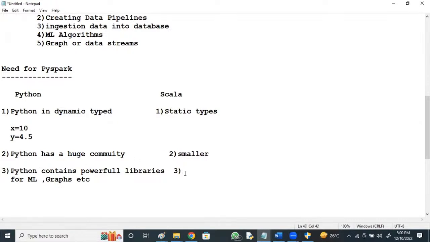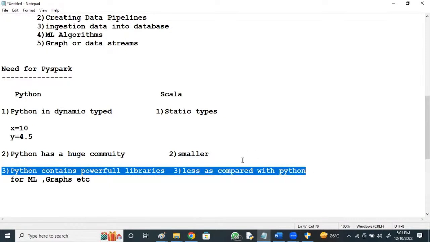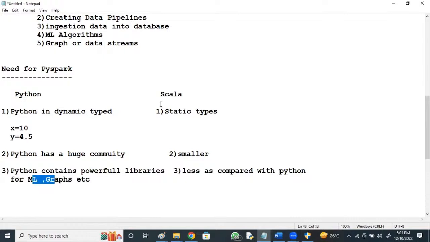Python has got nearly 89,300 inbuilt modules for different domains, but Scala has fewer. The main thing is powerful libraries for machine learning. If you want to go for any machine learning kinds of activities, better go for Python, that is, Spark with Python.